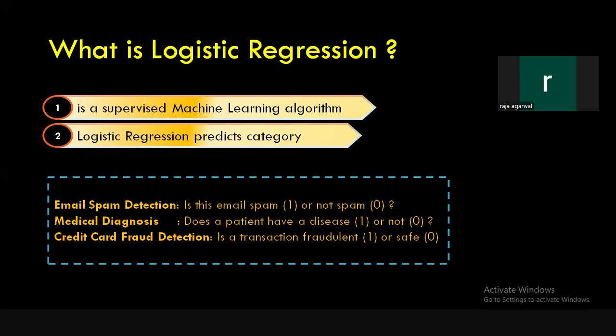In short, if your task is to classify something into categories, then you can go for logistic regression. So that is your go-to algorithm in that kind of scenario. Okay. Next one is